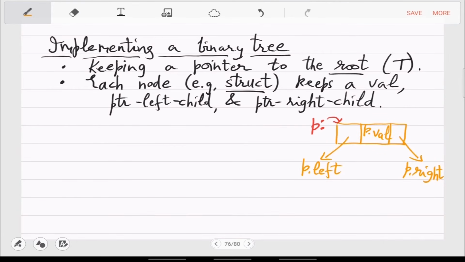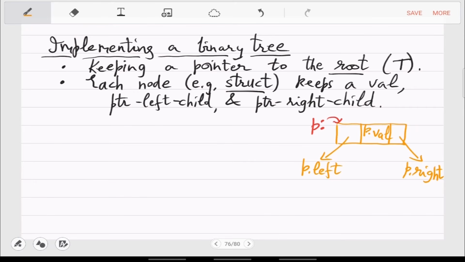Okay, so P is any node. P is basically a struct pointer pointing to a memory space, and that memory space has 3 variables. You need a minimum of 3. This val itself can be a struct, because val may itself be data of a student, for example. So it will have name, roll number, tons of things. So val may not be an integer, it may be again a big record, but in abstraction it is again some struct.